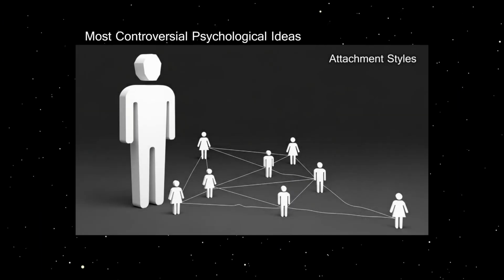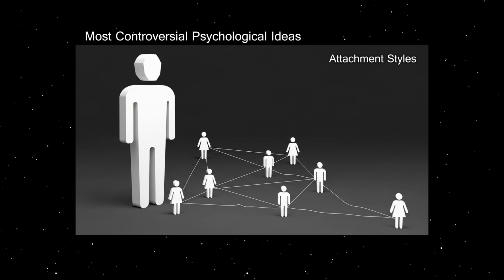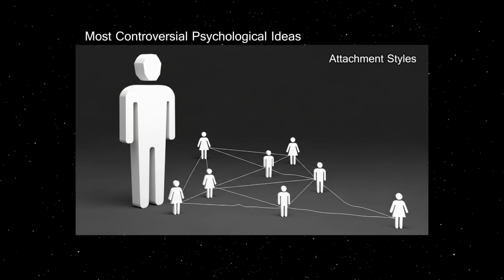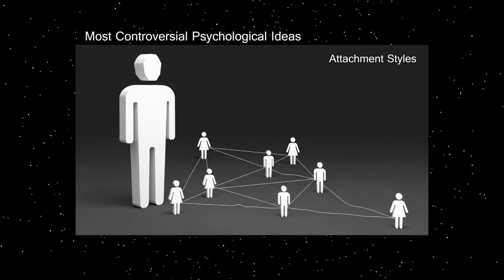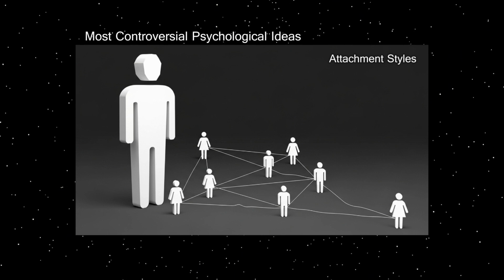Attachment styles determine adult relationships. The idea that attachment styles developed in early childhood determine adult relationships is a foundational yet controversial concept in contemporary